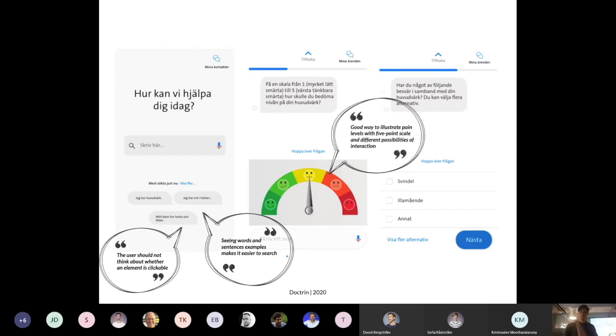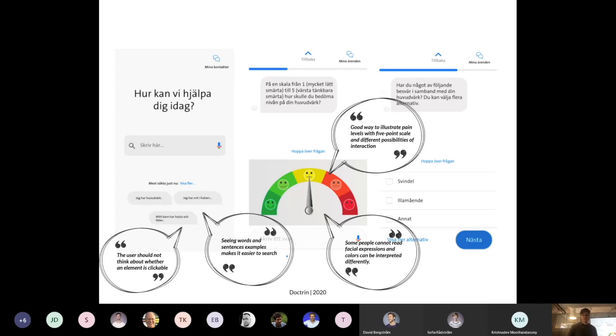They thought that this was a good way to illustrate pain levels with a maximum 5-point scale. Often larger scales are hard to understand from a cognitive point of view. But some people have difficulties understanding facial expressions and colors as well.